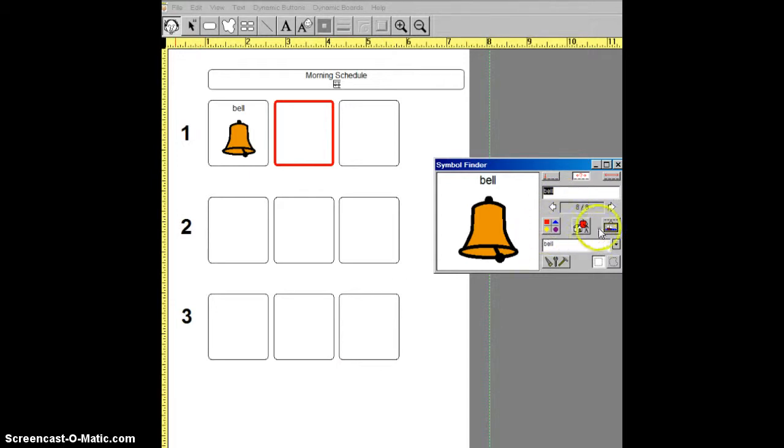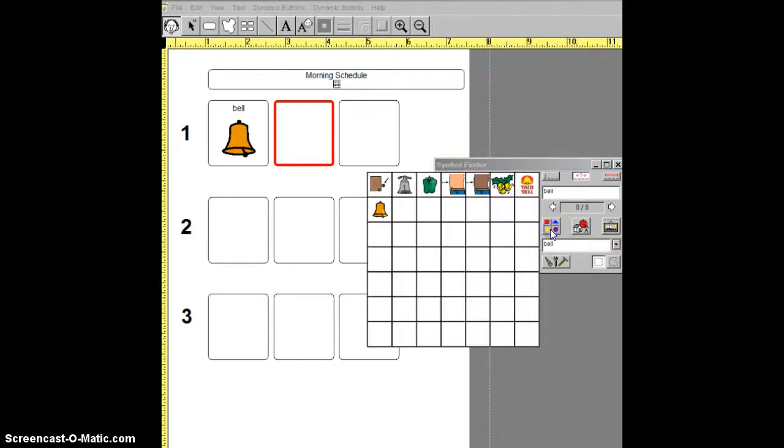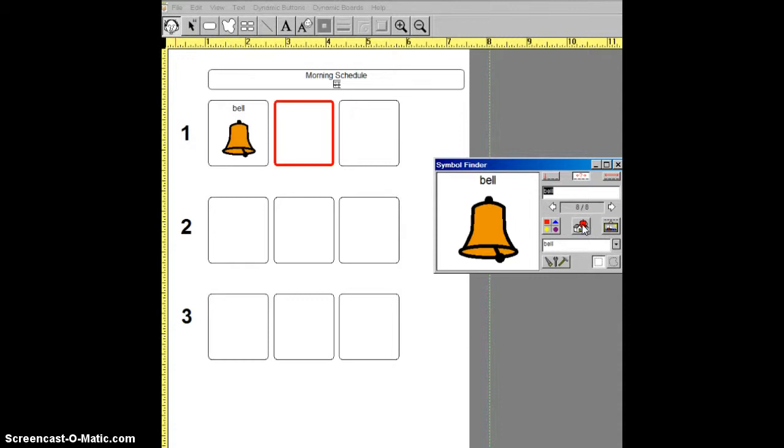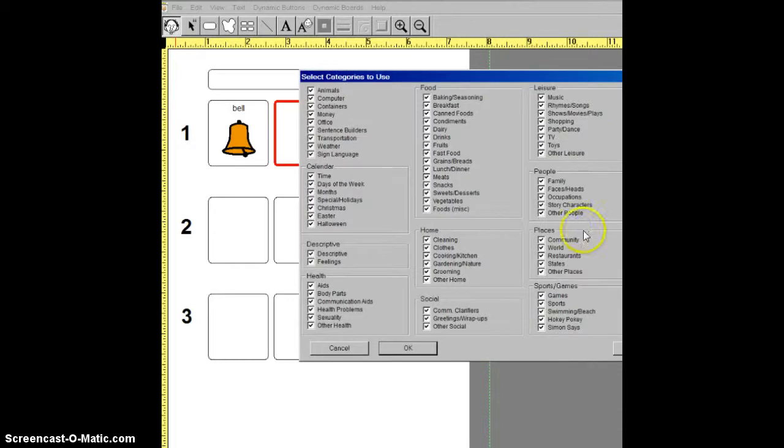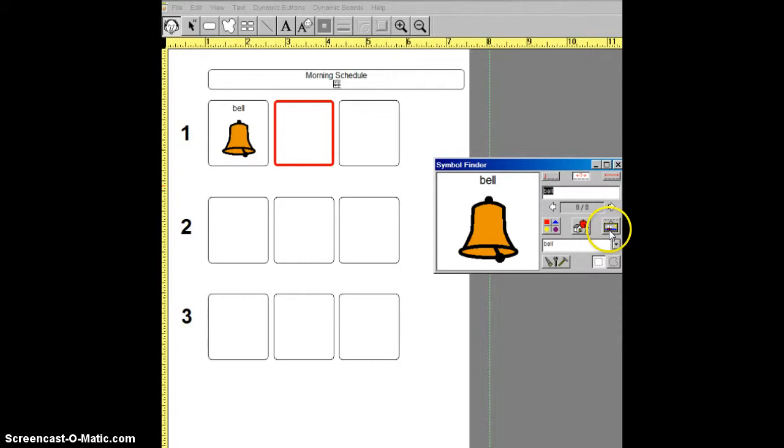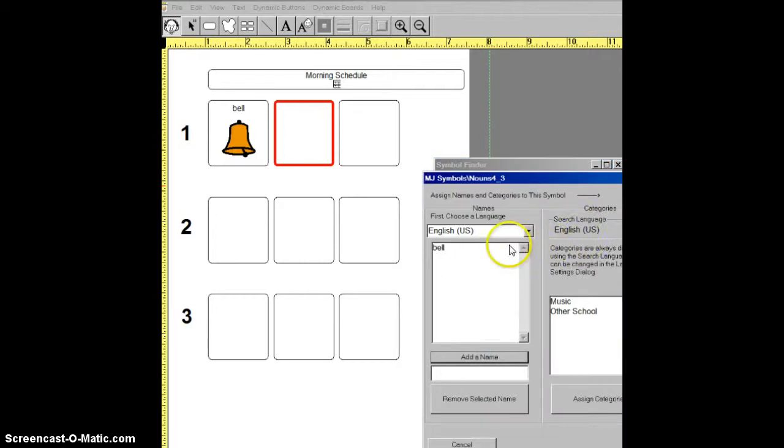Now the 3 colorful buttons in the middle. The first one shows you all the items that were found in the search. The second button with the apple on it shows you the categories that we found. The third button with the sailboat will give you an option to change